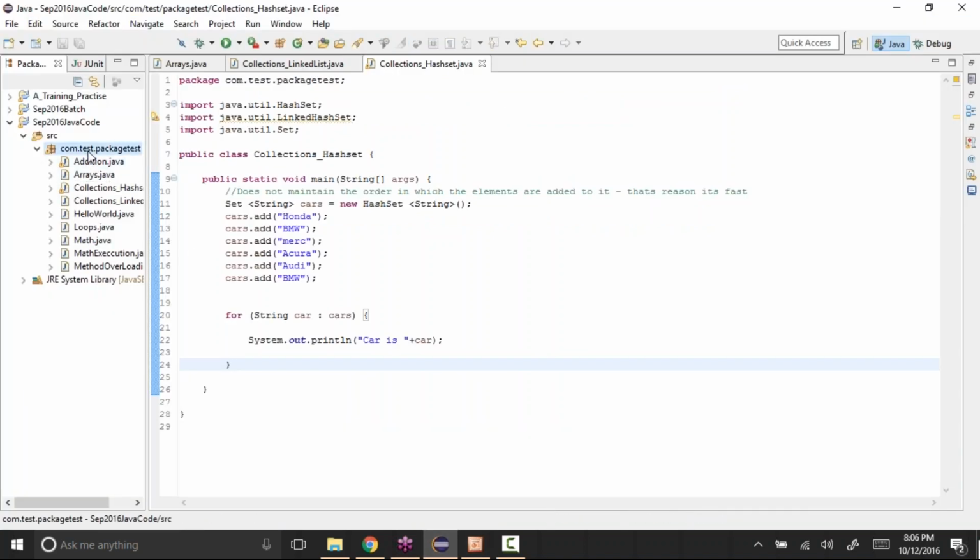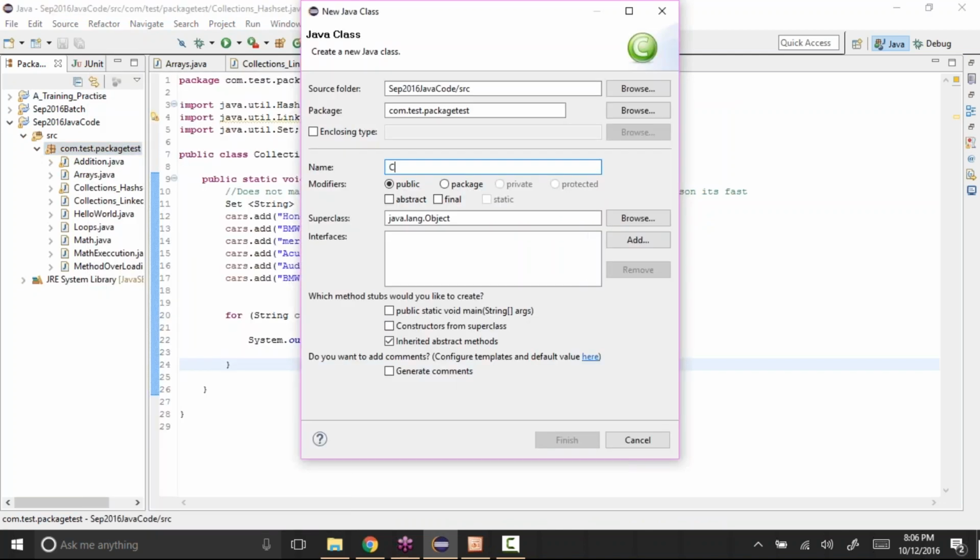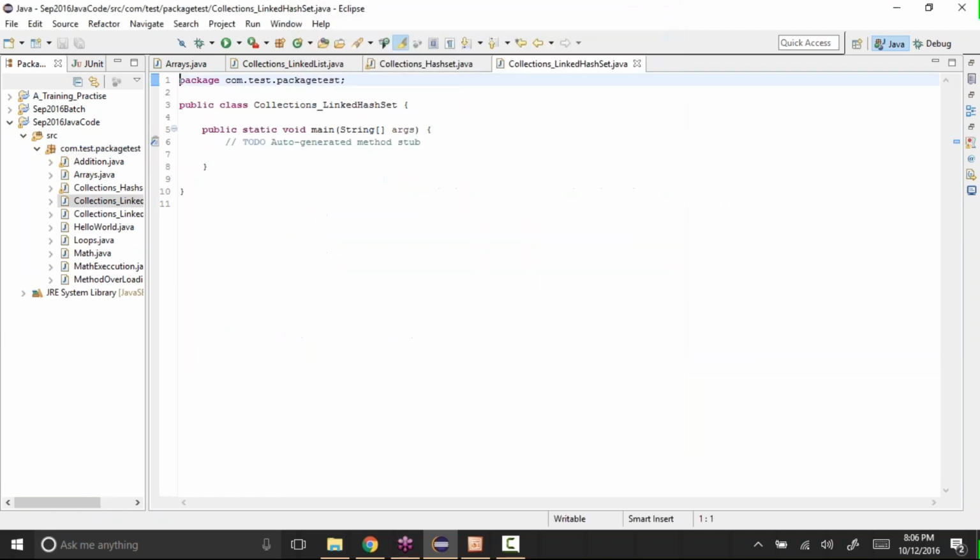Let me create a new class. Right click, new class. Let's say Collections_LinkedHashSet, and I want a main method, so I'll select it and click on finish. Okay, so I'll get that code. I can say Set<String> and the name of the variable or the object, cars, equal to new